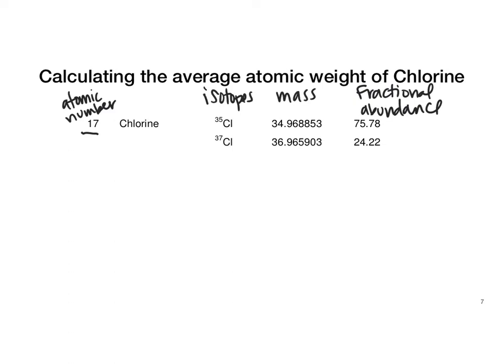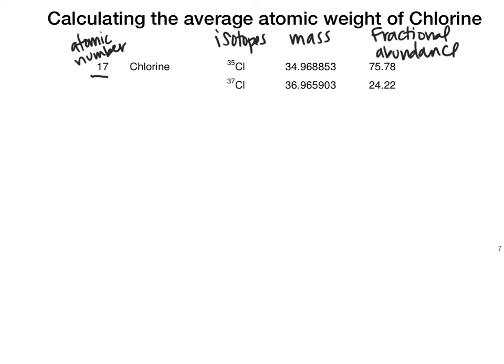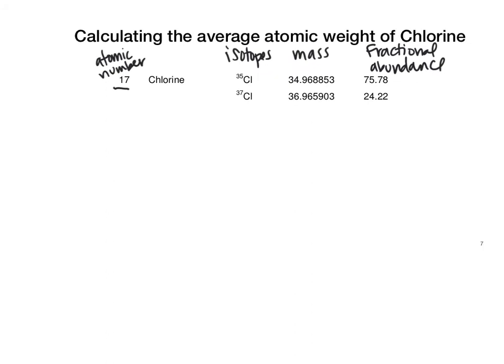So if we want to calculate the average atomic mass for chlorine, we need to take into account the fact that 75% of the atoms are chlorine-35 and only 25% are chlorine-37. So when we set up this calculation, we're going to use these numbers. I am going to use 5 sig figs in this number just for ease of calculation. When you do this, you should use them all. So the atomic mass is equal to the mass of chlorine-35